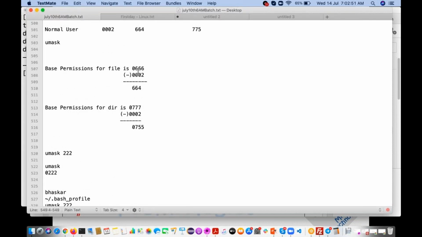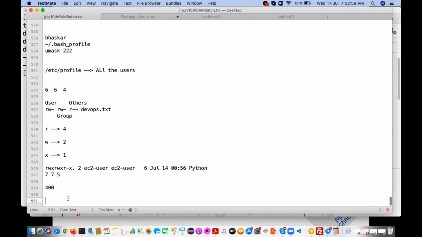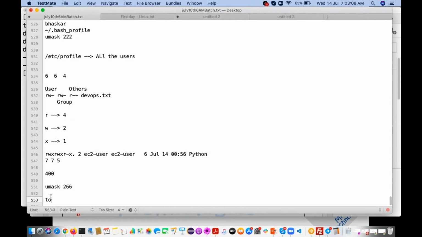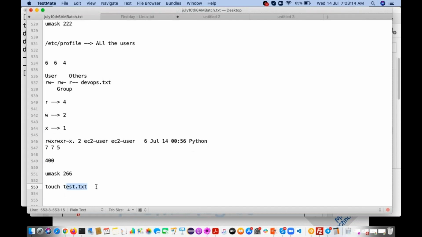If you want to get 400 permissions, what UMask value do you have to give? 266. So if you execute umask 266 and then execute the command touch test.txt, this test.txt file is going to be created with 400 permissions.